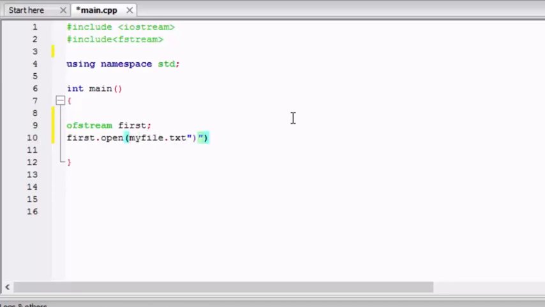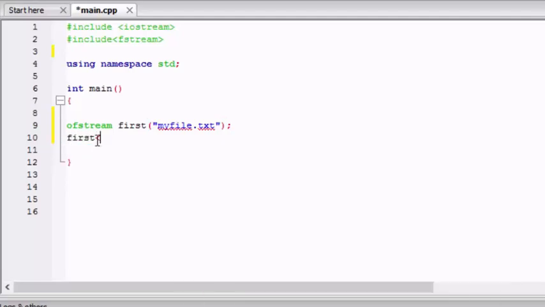Now this way you can also create a file and open that particular file through the open function. But I don't like this method because it takes 2 lines of coding, and the other is like a shortcut method. So I will be creating with the last way that I've used.